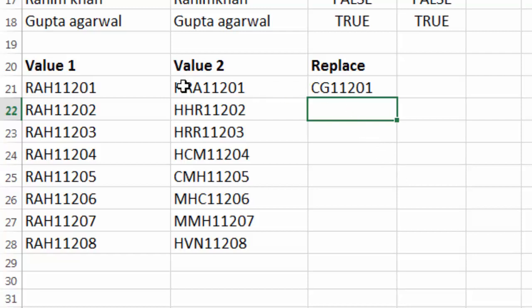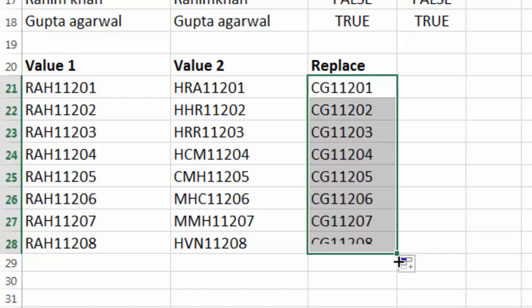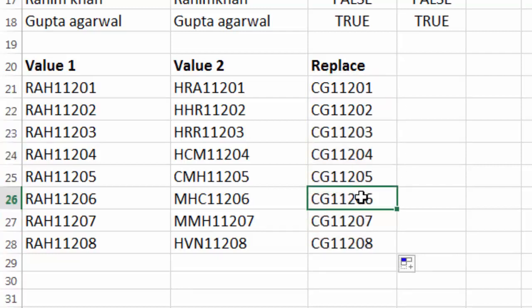So now we had to replace the first 3 characters. In place of them we have put CG here. And now we will drag it down. So you will see that these will be replaced in all of them. Similarly, if you want to remove a character from the middle or from the last character, then we can start from that number and then use that to decide how many